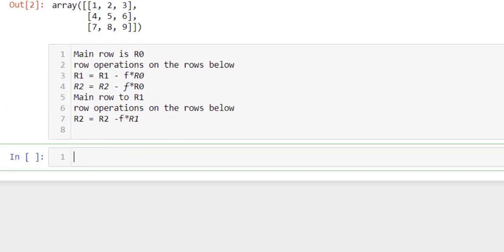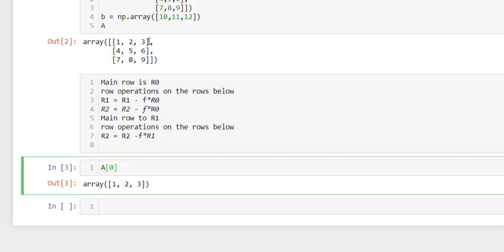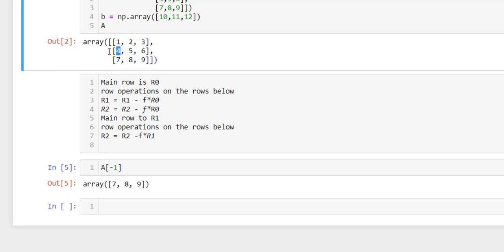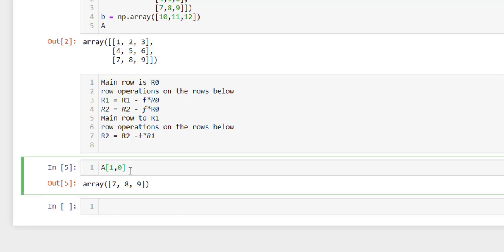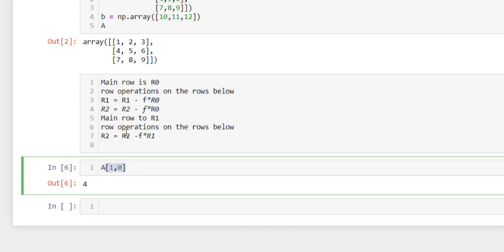So first thing is you need to know how to index your matrix and arrays in Python. Okay, so if you would like to get the first row of A, it's as easy as giving it the index, just one index, and it'll return the first row. If you want the second row, it will be A1, sorry, and if you want the last row, it's going to be A minus 1. Okay, if you want a specific element, let's say I want to get this 4, this is row 1 and column 0. Okay, so I can just say row 1 comma column 0, and it'll give me that exact value. So as long as you know how to index your arrays, you should be okay for the next part.